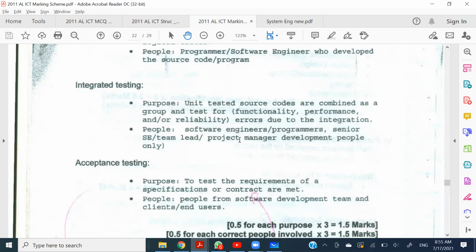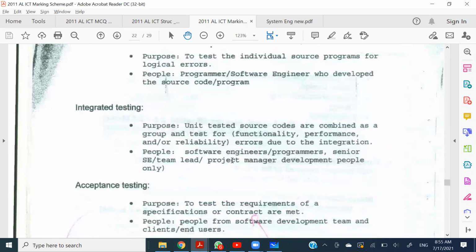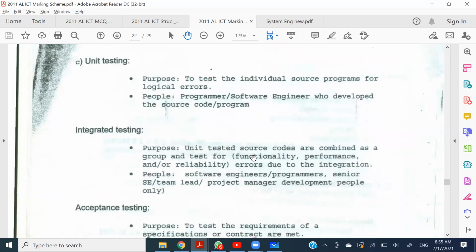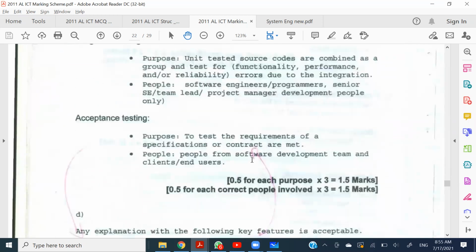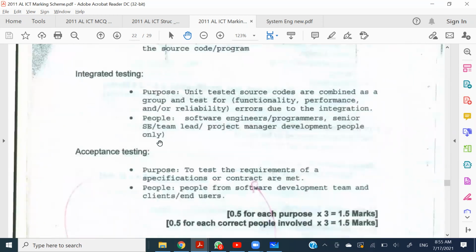So the way they are asking you to have the marks is, the purpose is given 0.5, and for the correct people, it is given 0.5, right? So at least one correct person should be mentioned. If you got it in that manner, you can have 1 mark for each category. So altogether, it will give you 3 marks,